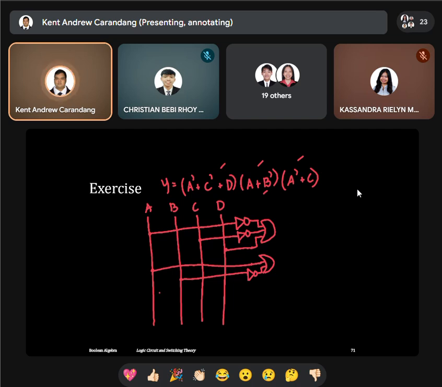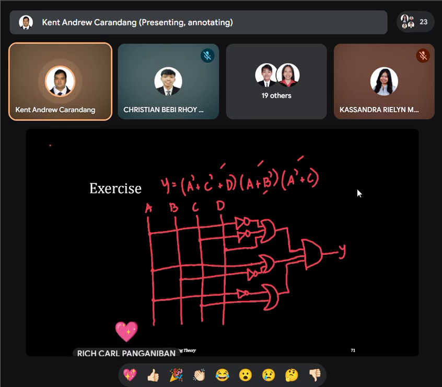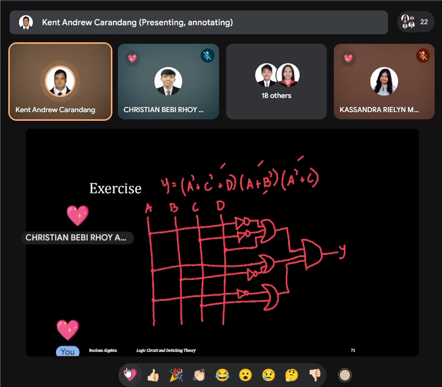And the last is A complement, a NOT gate, then C. So we have a 2-input OR. So here we will have 3 inputs going into an AND gate. So this is the output. That is how it goes for POS, because this is called